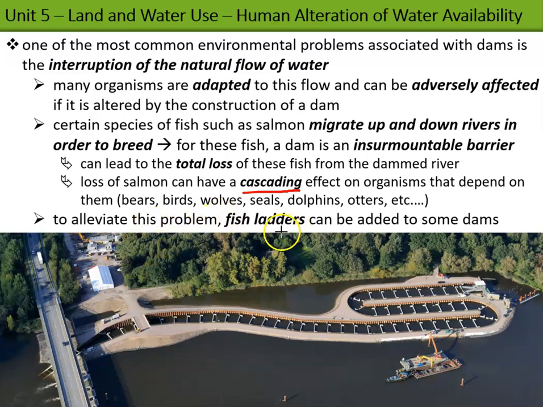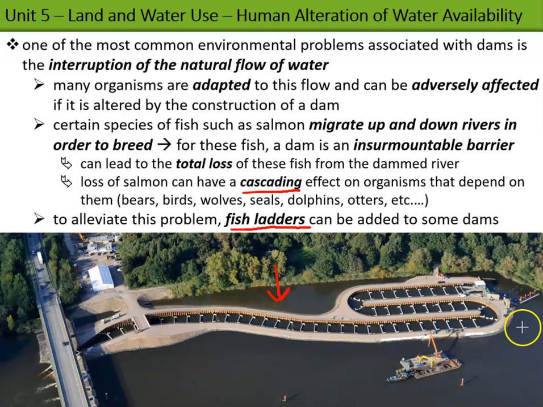Now, to alleviate this problem of the dams completely cutting off the reproductive cycle of the salmon, one solution that has been shown to be fairly effective is the construction of fish ladders that can be added to some dams. And so down here you can see there's a fish ladder that's been constructed for salmon and other fish that move up and down the stream to get past this dam that's over here